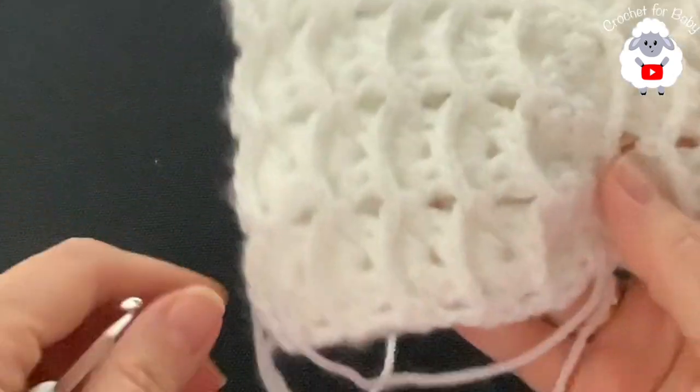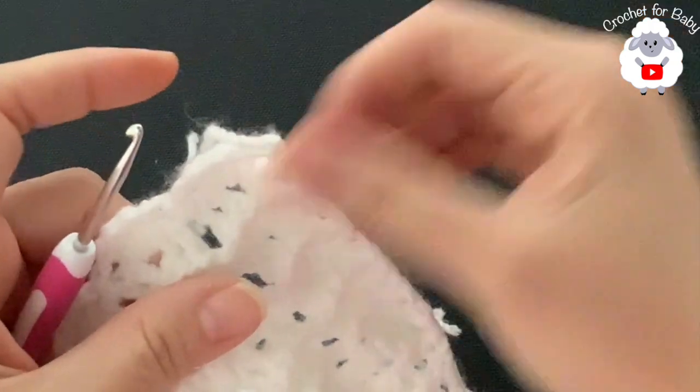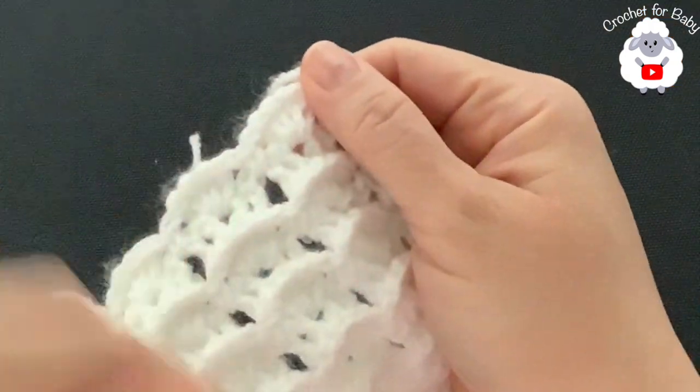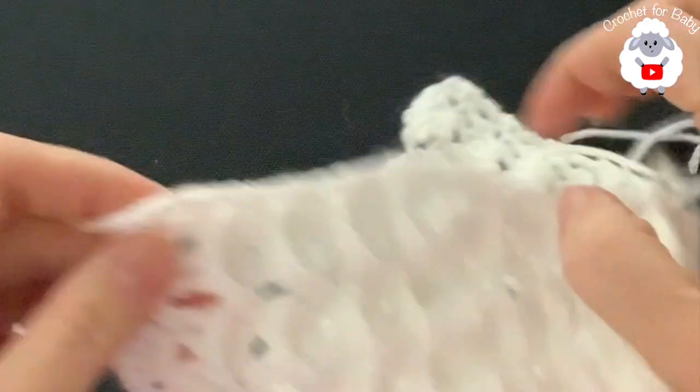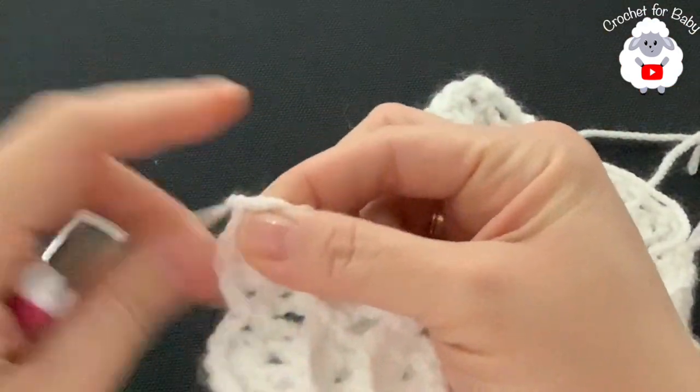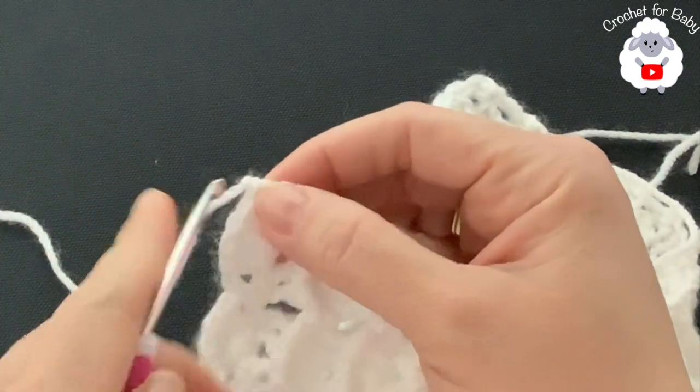Now, what we're going to do here is we're going to go here to this side. Let's see, this side here. This is the end of the last row that we did here for the body of the bonnet. This is the row of shells that we did. So we're going to go right here. This is where I cut my yarn and pass my yarn through that last loop. So into this last stitch right here,